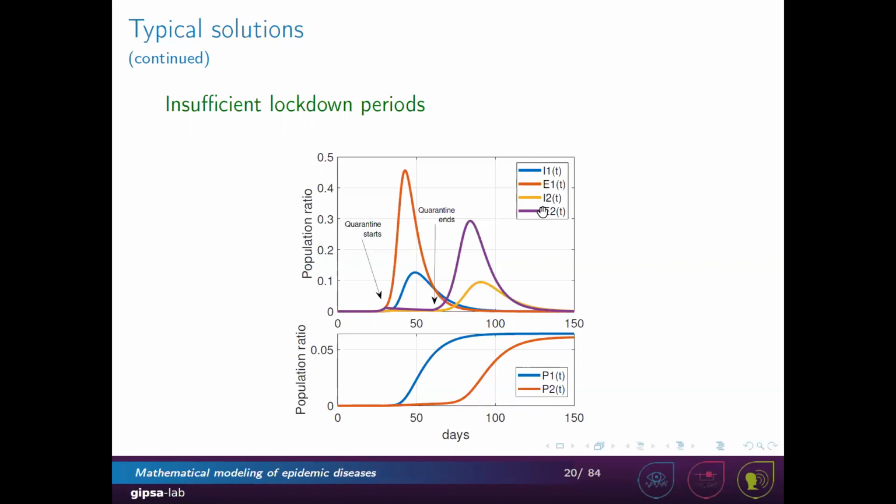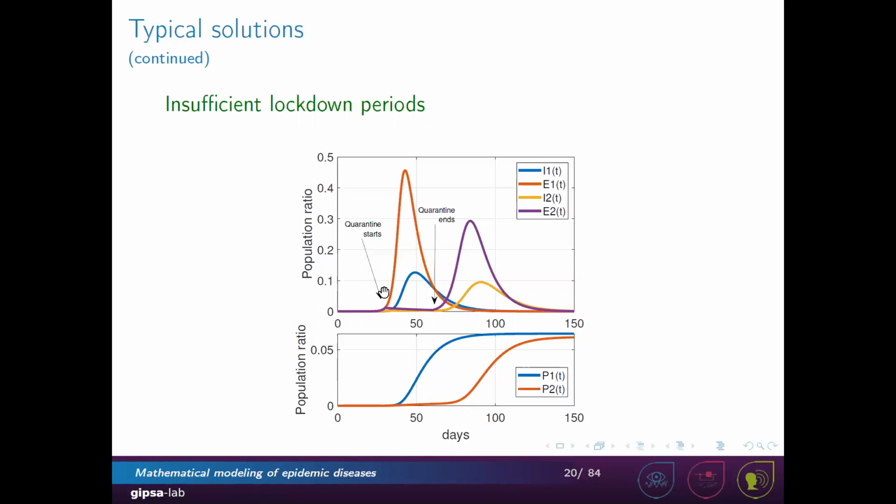And I2 and E2 are the fraction of the population who get infected and exposed if we apply a period of lockdown between day 30 and day 60. So we have assumed that we have a 1 month quarantine, which started 1 month after the outbreak of the epidemic and lasted for 1 month. We want to see what will happen if we impose such a